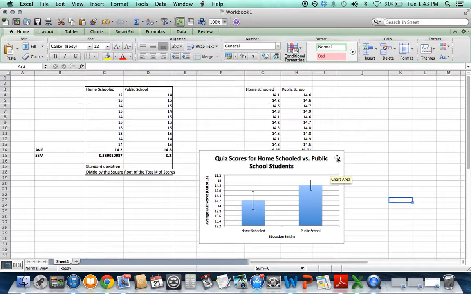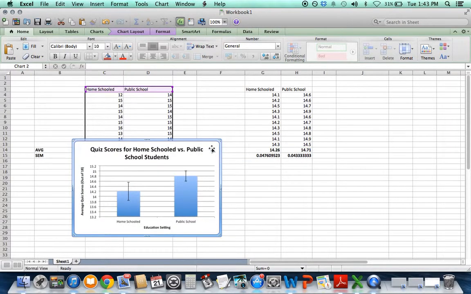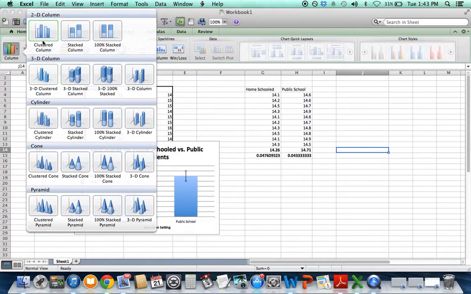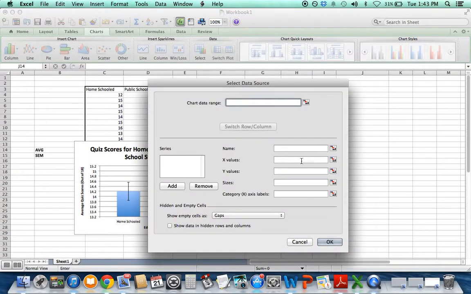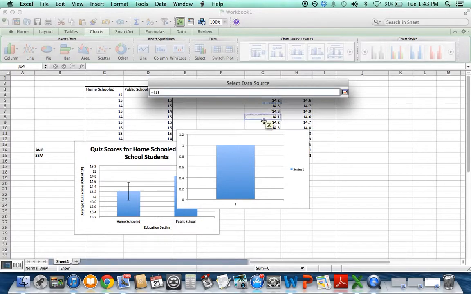So in a different situation, though, we could have very similar average scores. So let's make a chart for our second school. Just try and breeze through this as quick as I can. So charts, column, cluster graph, select data. We're going to add one series. We'll let our y values be equal to,